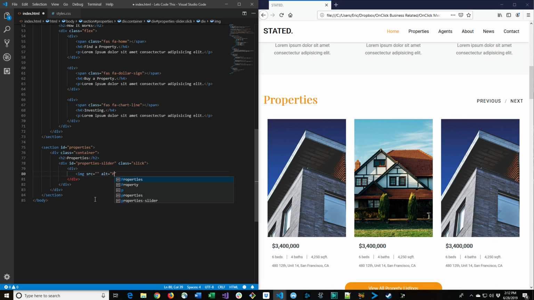And then for the source attribute here, I have some images that I have already hosted on my website that we can use. So I'll copy and paste that into the source attribute. And then underneath the image, let's create a div, give it a class of property details. And this is going to hold kind of the price, the beds, baths, and so on. So inside of that div, we'll create a p tag with a class of price,